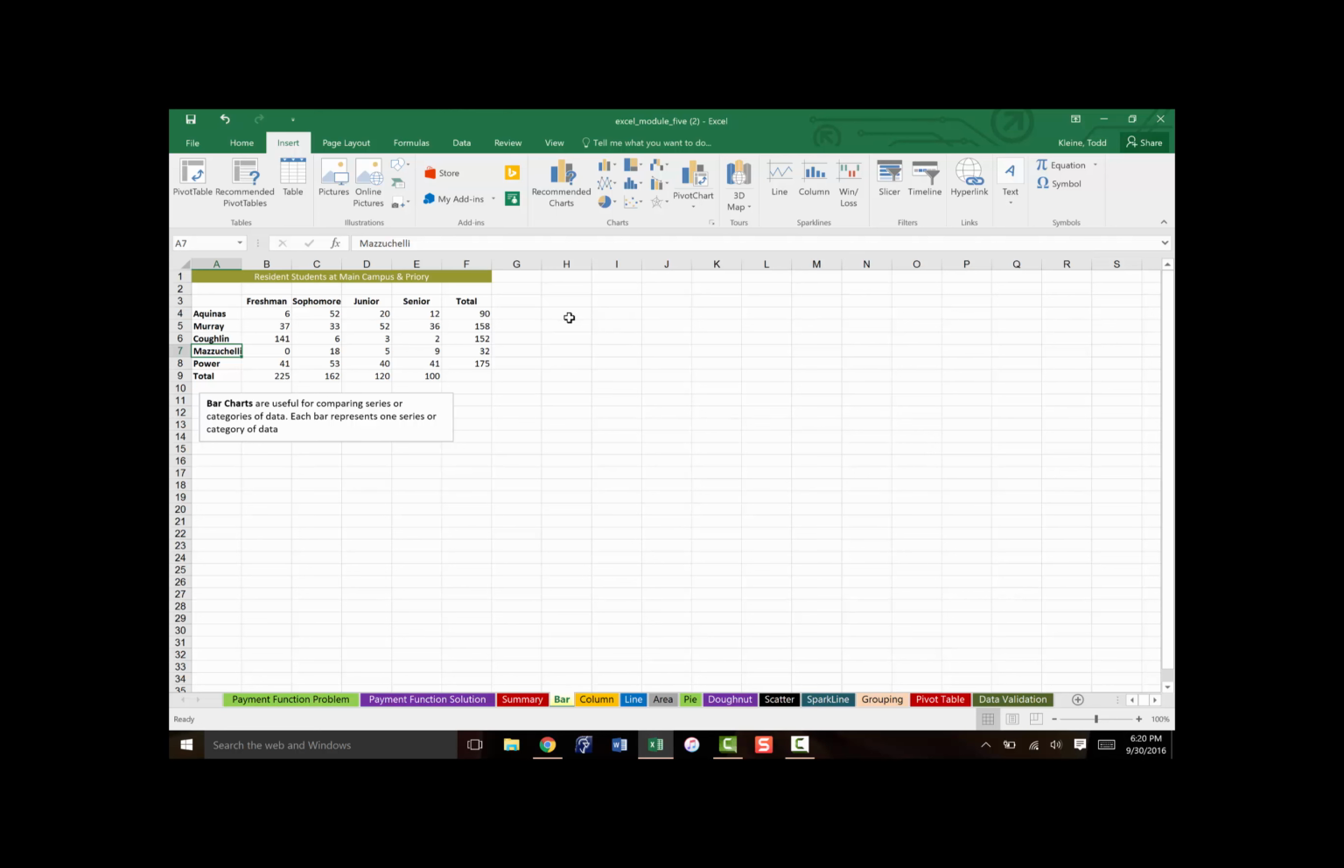Bar charts go basically horizontal across the screen, okay? So what we're going to do is start by selecting the range A3 over to E8. Let's start with A3 to E8. With that selected, we'll come under the Insert tab, and we're going to come right here, and you'll see it